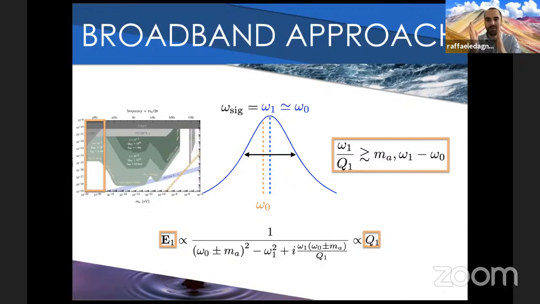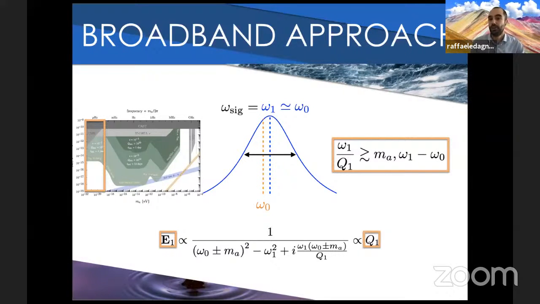We have these two modes, and then you change the cavity size a bit by pressing on one side so that you scan the splitting between these two modes, and at every axion mass, you fix the frequency of the signal mode to be the frequency of the pump mode plus the axion mass. In the broadband case, instead, we keep the two frequencies fixed. And we decided to keep them fixed and essentially degenerate, so we want them to be the same